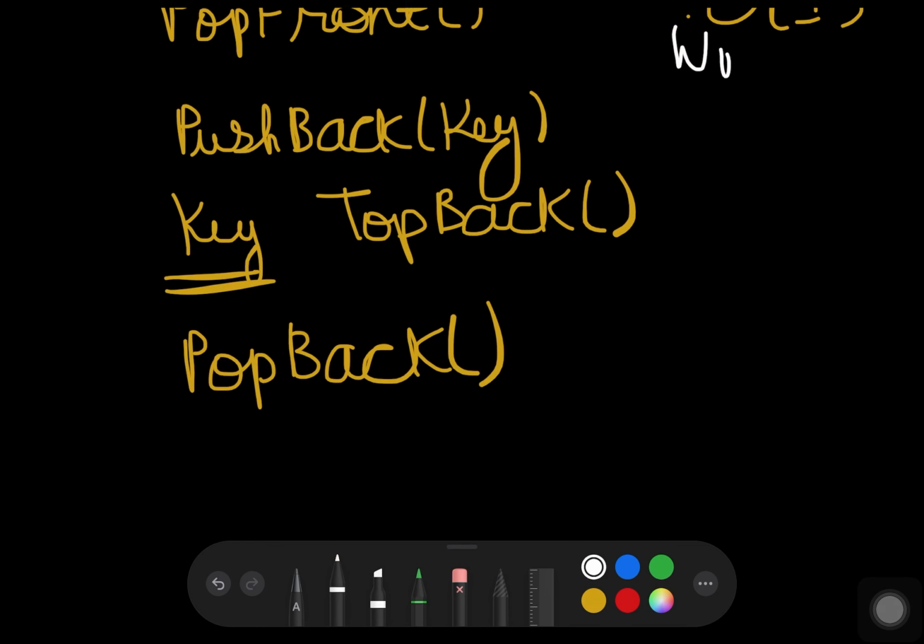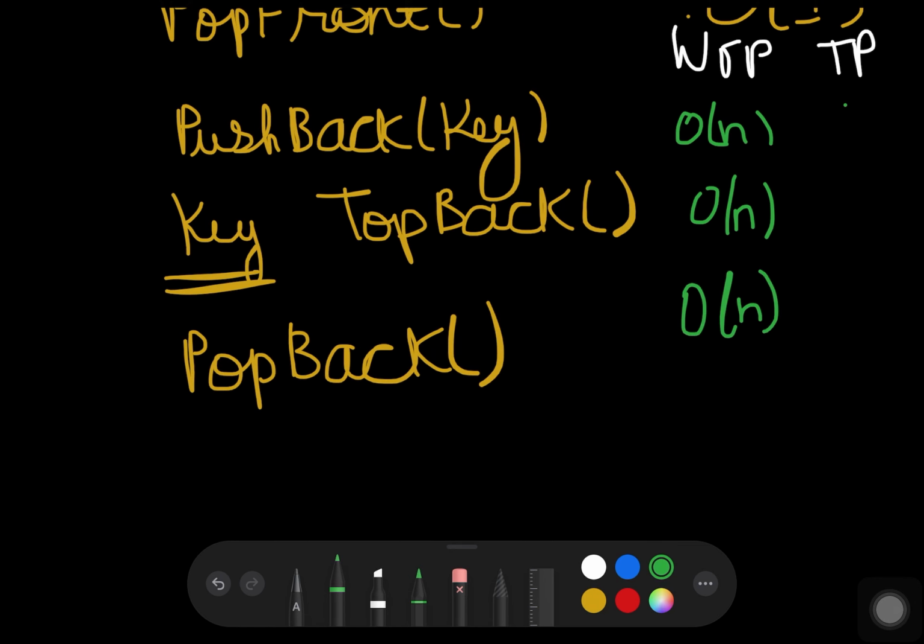Without tail pointer, it is big O of n for all of them. With tail pointer it is big O of 1, with tail pointer it is big O of 1, and popping is still big O of n.